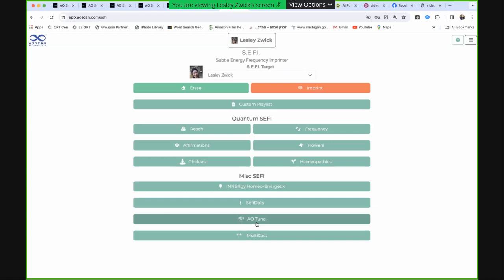The AoTune and the multicast are brand new components that were just launched within the last few weeks in our device. And I am loving both of these components. The AoTune, and my daughter had my transducers, and she had them over there. I don't know what she did with them. She was playing with them. But the AoTune,